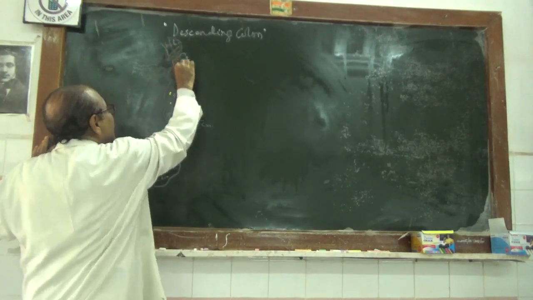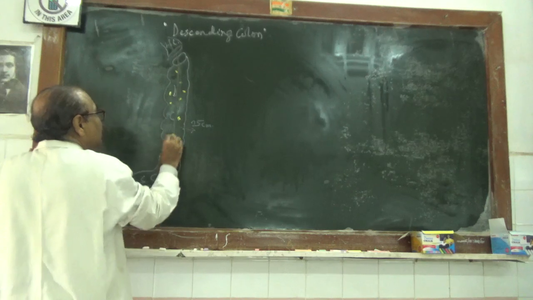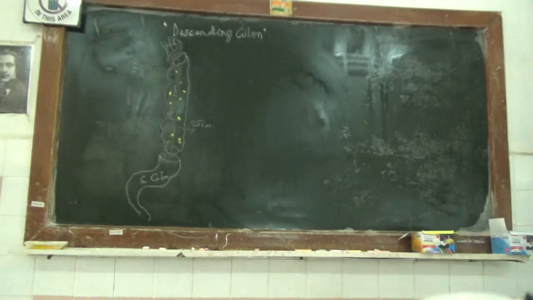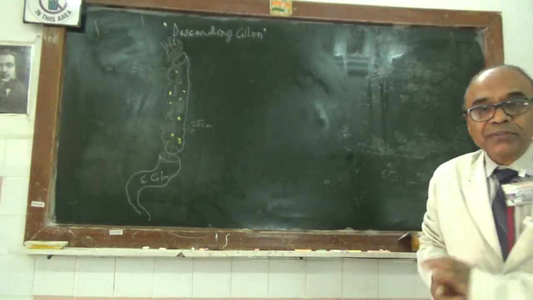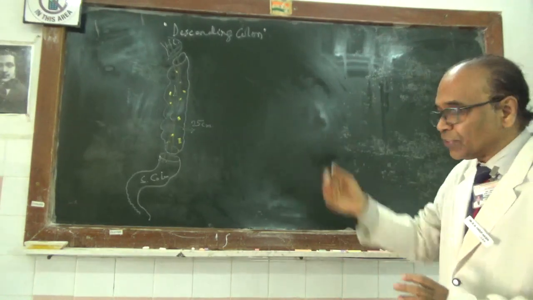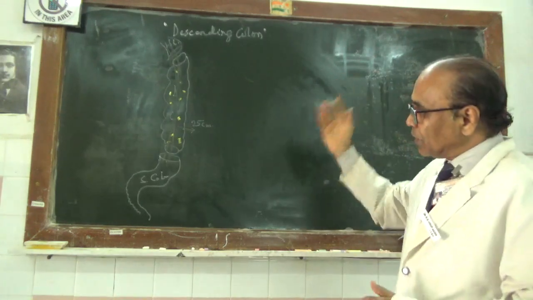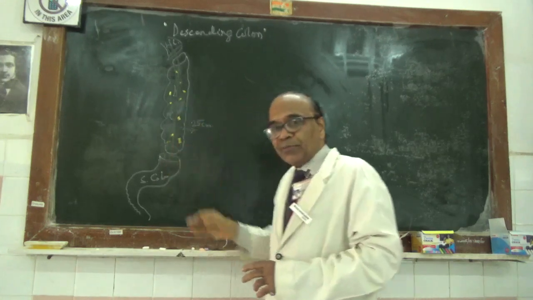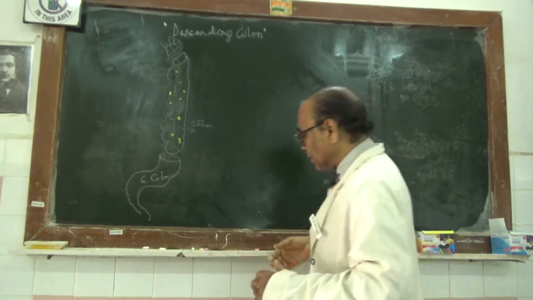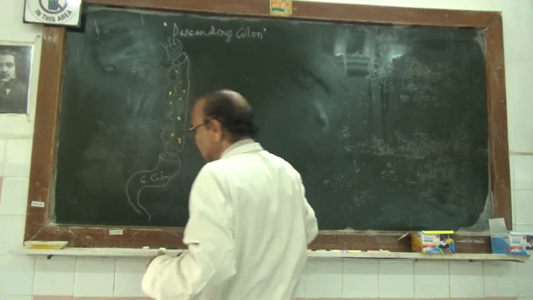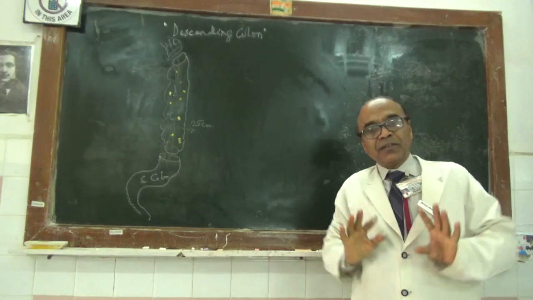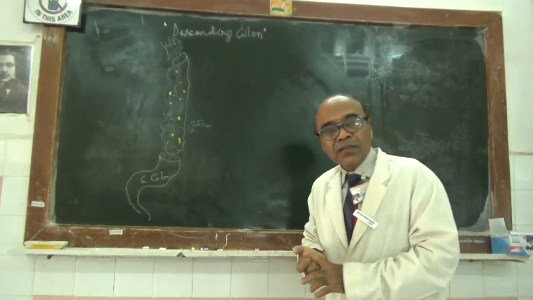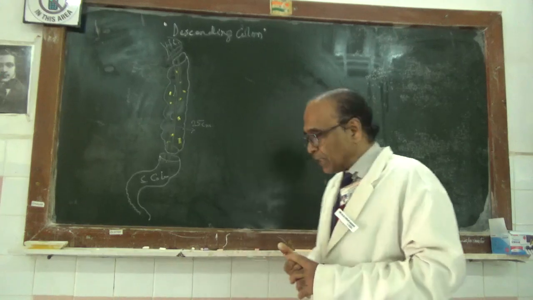Then you will have the tinea coli. Now these tinea coli are there not only in the descending colon but also in the left colic flexure, transverse colon, even the right colic flexure, the ascending colon, cecum, and even in the appendix. So it starts from the appendix, tinea coli. There are three in number. One will be anterior and another two are lateral and a little behind. They are called the posterolateral and the posteromedial. So those are the things that are there.